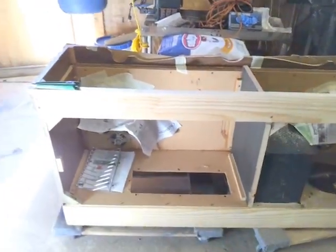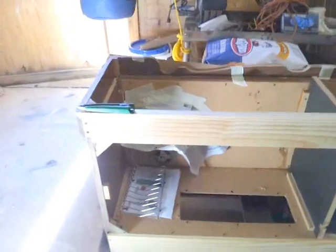Alright, this is, I guess, video number 2. Wanted to show you a little bit of progress here. What I had done at the first video, you saw where I put the pins in there, and what I did is I took some Bondo, and